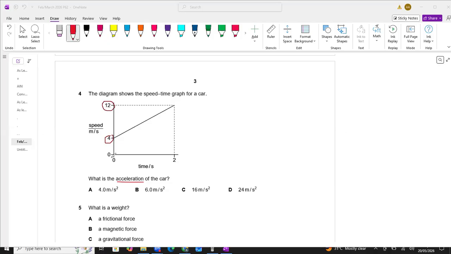Now you can see when the time is 0, the initial speed of the car is 4 meter per second. All right, so now you can see, students, x1 value is 0. I'm using the gradient formula, and in gradient, we have to use this formula: y2 minus y1 divided by x2 minus x1. So x1 is the initial value, which is 0 seconds, and y1 is 4 meter per second. Now x2 is 2 seconds, and y2 is 12 meter per second. So we will simply put the values in the formula, simplify it, and we will get the answer.